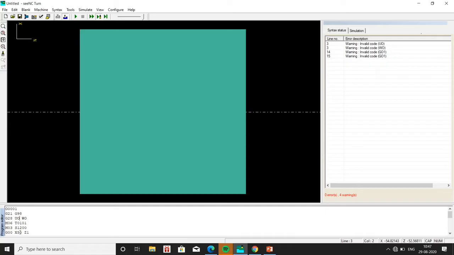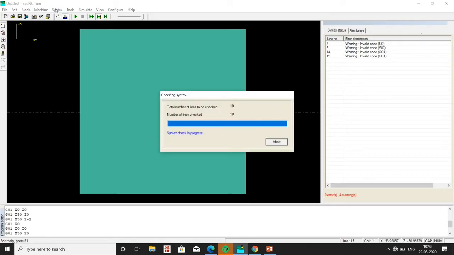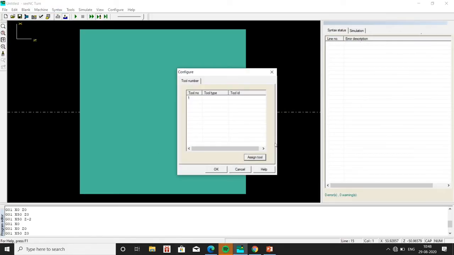So let me correct the values first. Updated the values, and let me go for the syntax once again. Now we can see that there are no errors or warnings.